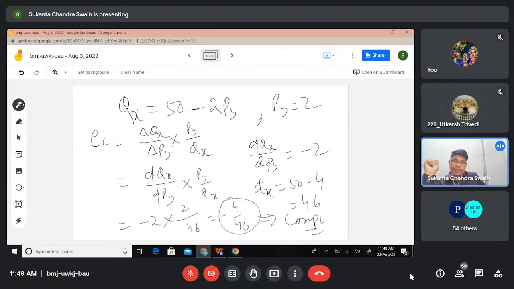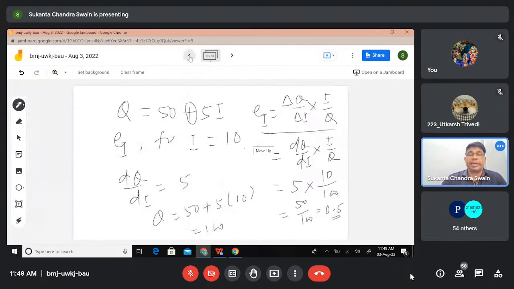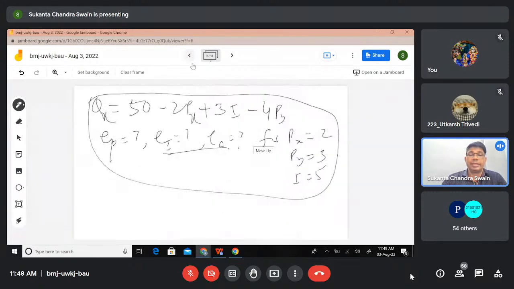Yes, sir. So this is all about how to compute EI and EC that we discussed. Now we'll go to the last example that I had introduced at that time, but we could not do. This one. A composite demand equation will be given like this: Qx is equal to 50 minus 2Px plus 3I minus 4Py. Here we will be computing EP, EC and EI for Px equal to 2, Py is 3, I is equal to 5. Then what will be our formula? EP is equal to,